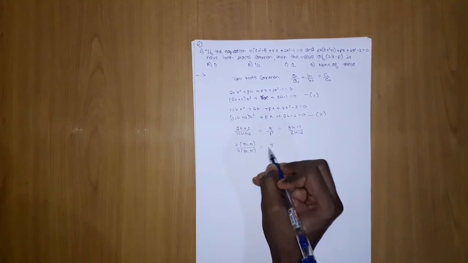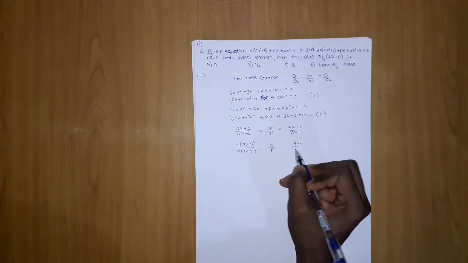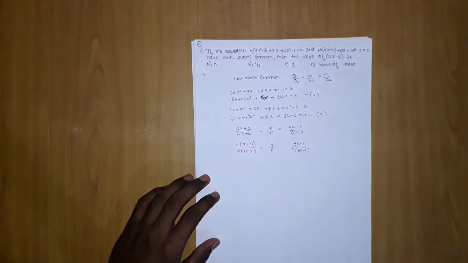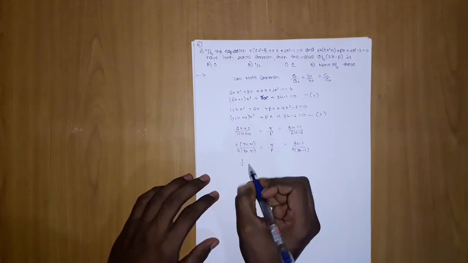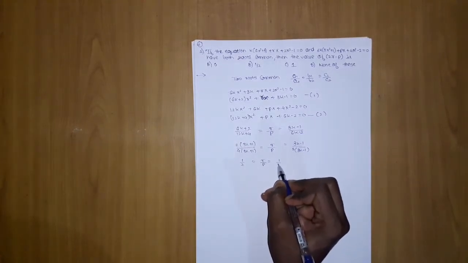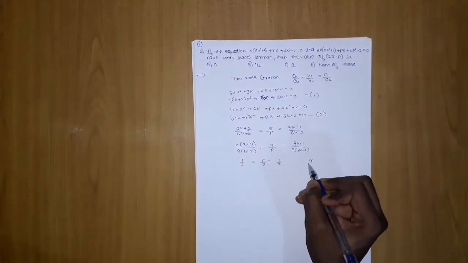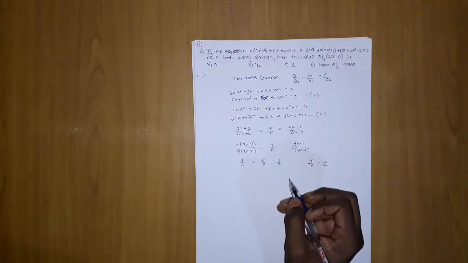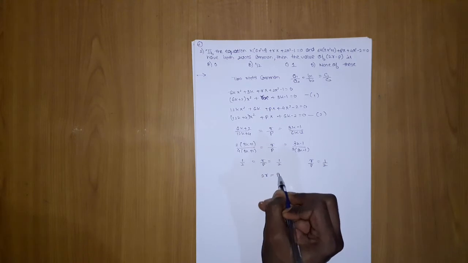Moving on further, it will be r by p. Here it will be 3k minus 1 only, but if we take 2 common here it will become 3k minus 1, okay. So it will become 1 by 2, r upon p equal to 1 by 2. Now you can consider any one, means if we consider r upon p equals 1 by 2, okay, so what we will do, it will become 2r equals p, okay.